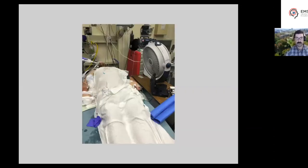So this is a picture my friend Seth Collins Hawkins, my co-host, sent me, a heat stroke patient from his facility. They are a very small, basically critical access hospital, which is where he works, which is his jam. And they don't have cold water tanks and a bunch of other stuff. So what they did is basically just took blankets, soaked them in ice water that they procured from the cafeteria. They're covering this guy in ice water. They're incorporating fans. They also have some other things going on. I think they did a cold water lavage rectal with this patient. And so they were doing what they could do with their